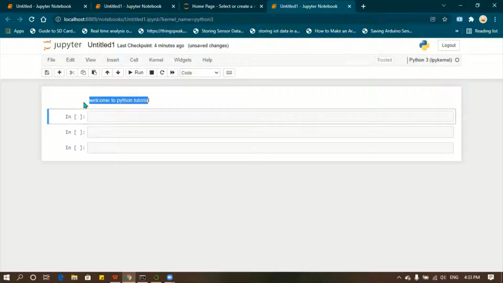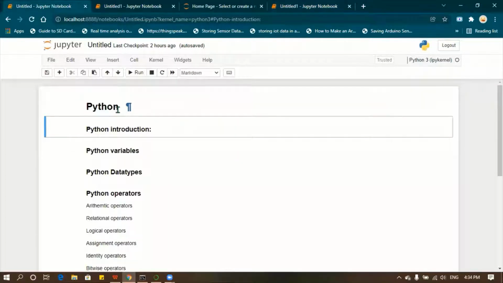So it will change that into like this. Okay, so likewise, whenever it is in the code one, you can do your Python coding here. There are some shortcuts to this: how to add a link, how to add the image, how to change from code to markdown and markdown to code, and how to run each cell. There are some key shortcuts. I will discuss them when we are moving on to the code.